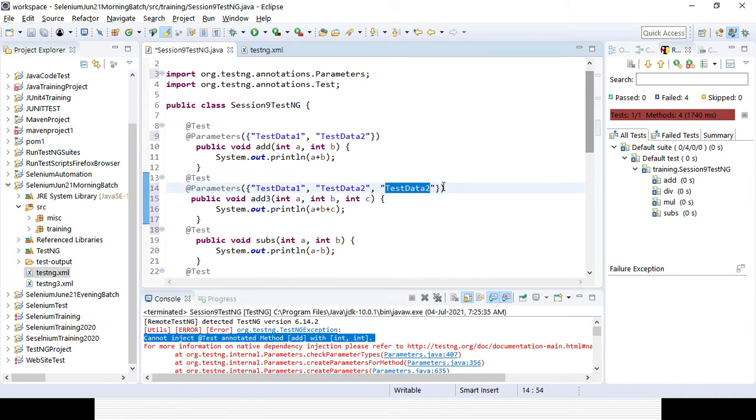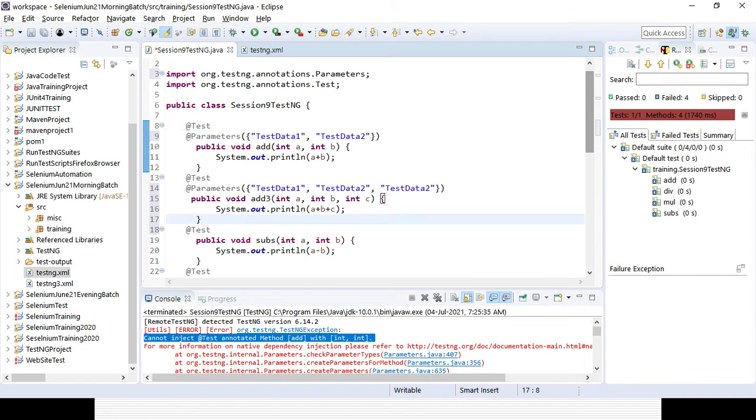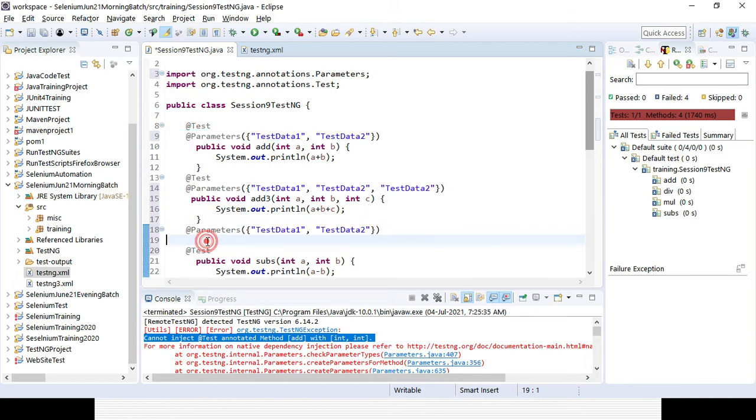Suppose everything is testdata1, you can also do that. So testdata1 will match with a, testdata2 will match with b, and testdata2 will also match with c. You need to define three different variables only, and for the other one only two variables. Sometimes I can give it before @Test or after @Test, it does not matter. It will have the same meaning.